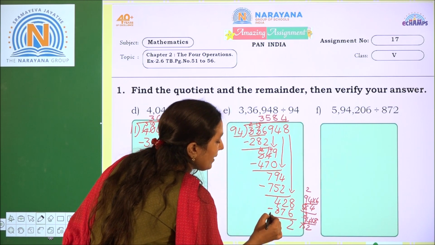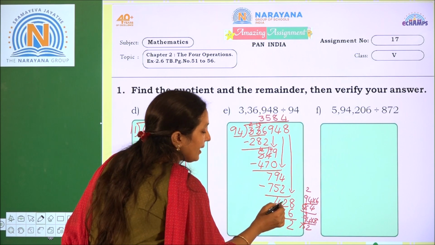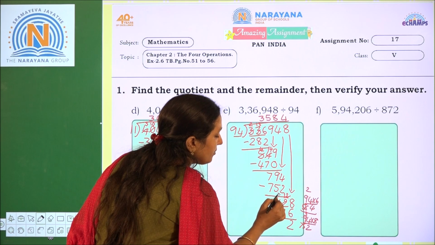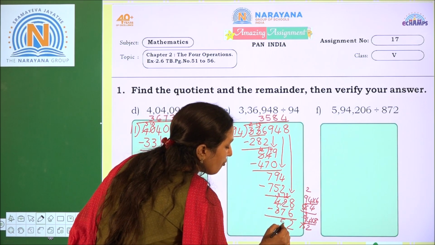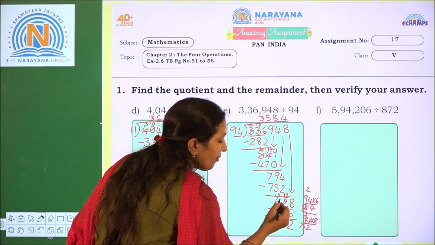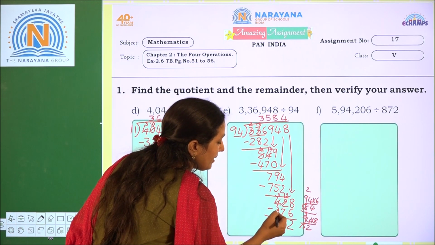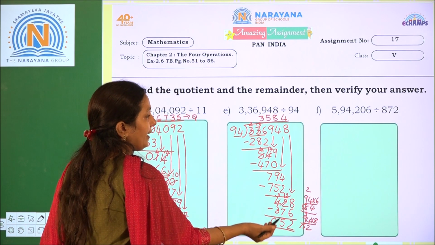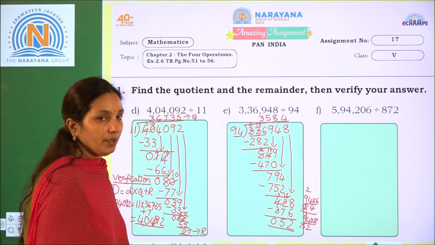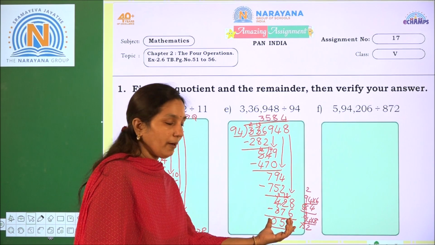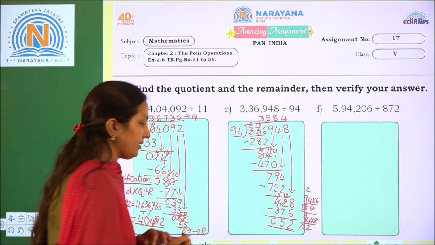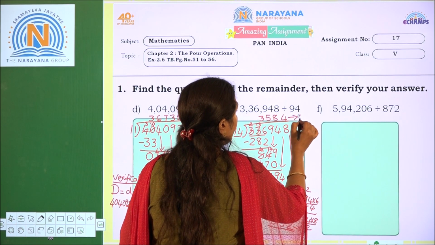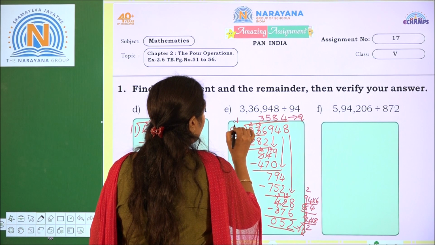Can we subtract 2 minus 7? No. So again we have to regroup it. 2 will become 12. This 4 will become 3. 12 minus 7 is 5. And 4 already changed as 3. 3 minus 3 is 0. Okay. So 52 is smaller than 94. So it is the leftover part. It is nothing but a remainder. This will be the quotient and this will be the divisor.